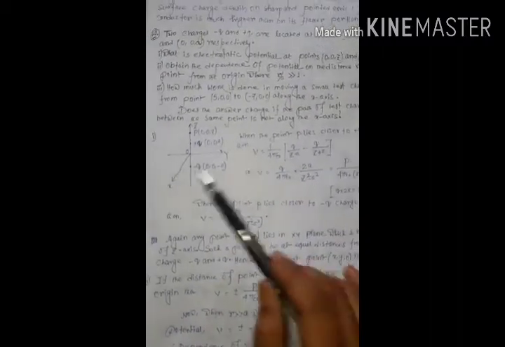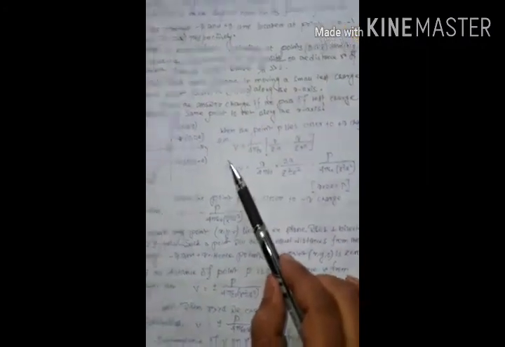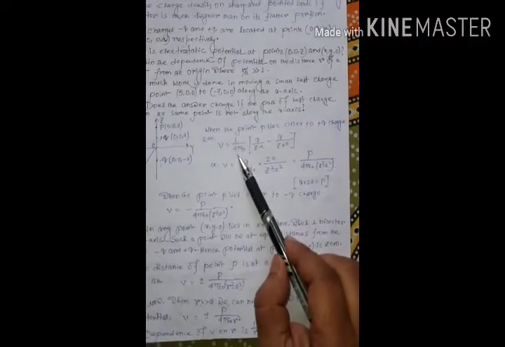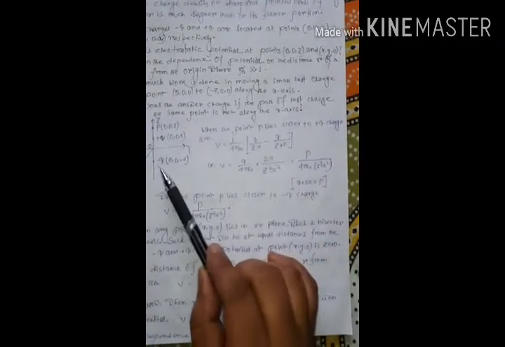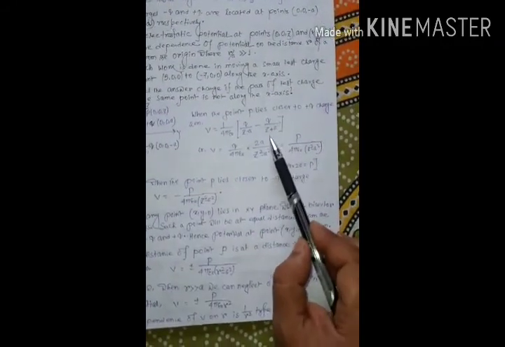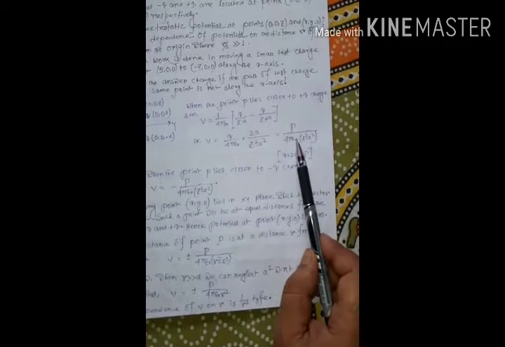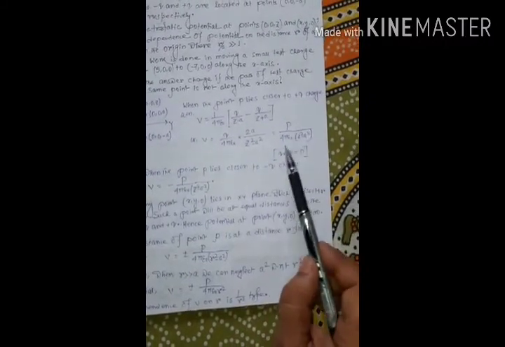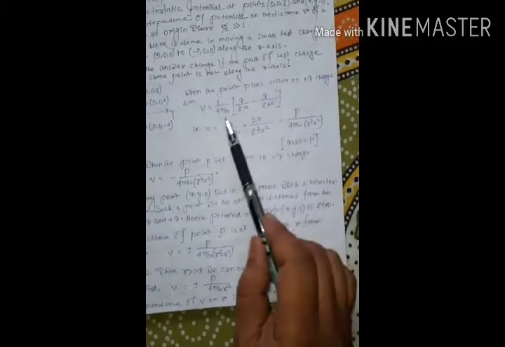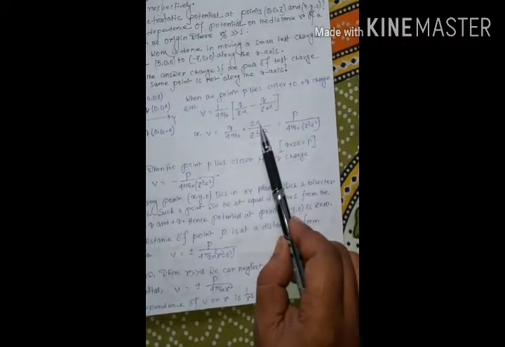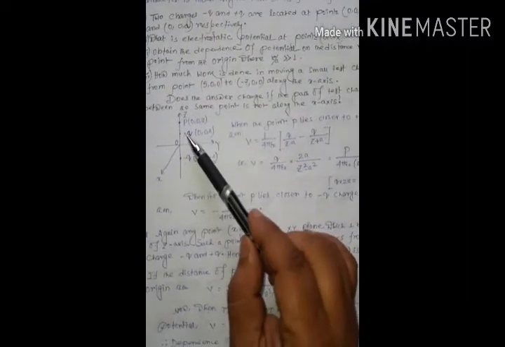So therefore the potential at the point P in this arrangement is given by V = 1/(4 pi epsilon naught) [q/(z - a) - q/(z + a)]. Now by proper calculation, we get the expression for potential as V = p / (4 pi epsilon naught (z squared - a squared)), where p = q × 2a, known as the dipole moment of this dipole consisting of the charges minus q and plus q.